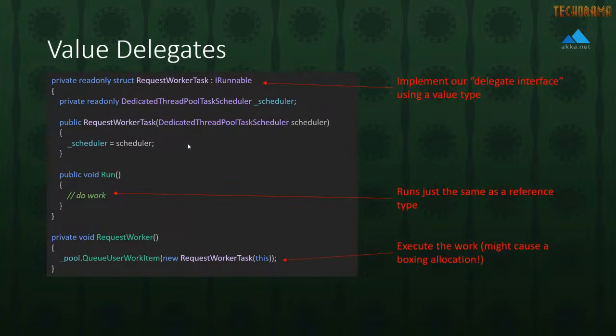Now, we do have to worry about possibly, let's say, this QueueUserWorkItem method down here. This might end up resulting in what's called a boxing allocation, which we're going to talk about later. This is what happens when a value type is cast into, let's say, an object or a reference type. And that's going to actually result in the value type being pickled onto the managed heap. So even though we thought we were saving on allocations using these value types, we ended up accidentally creating a heap allocation anyway.